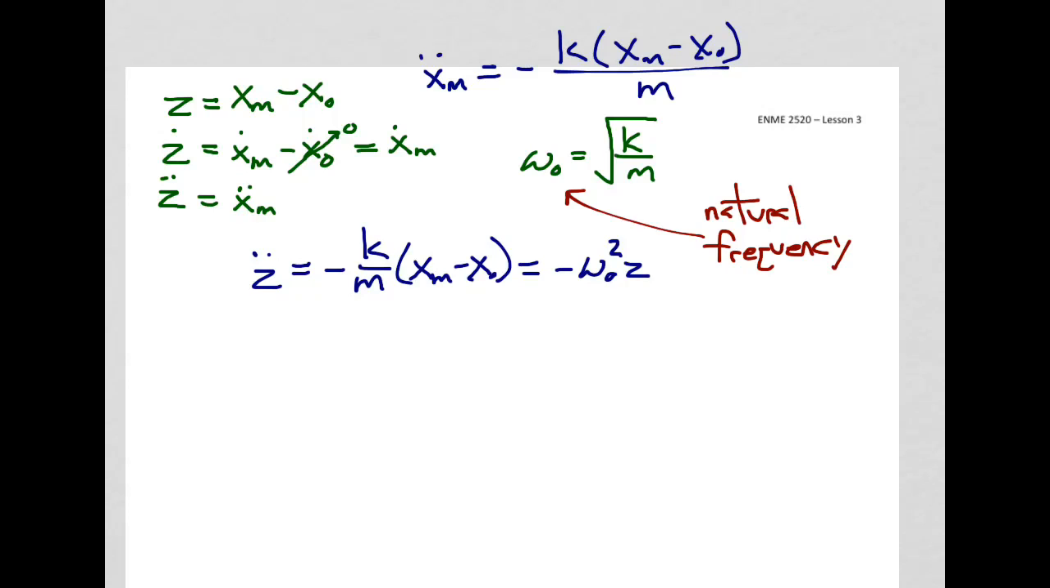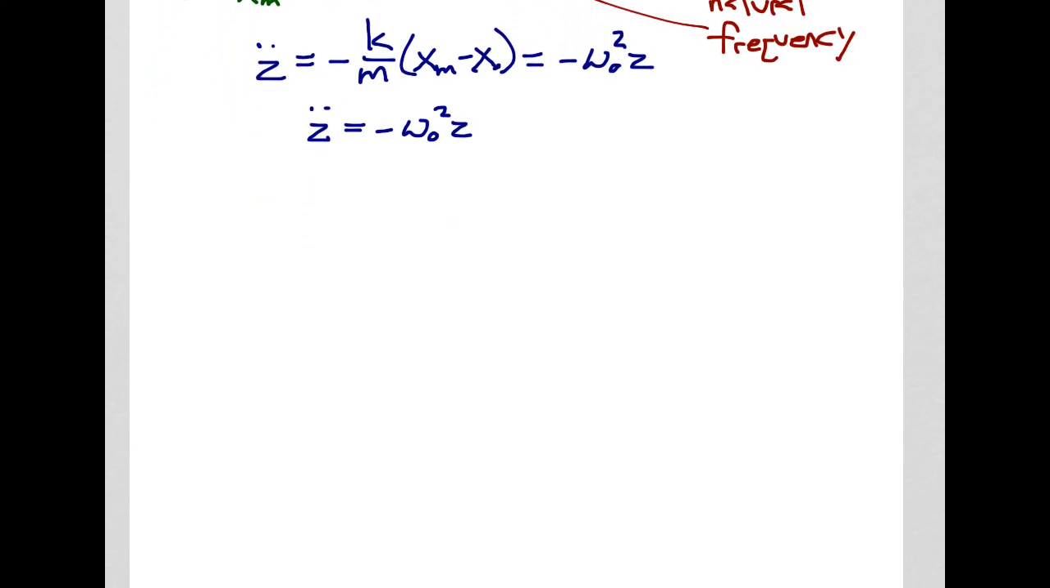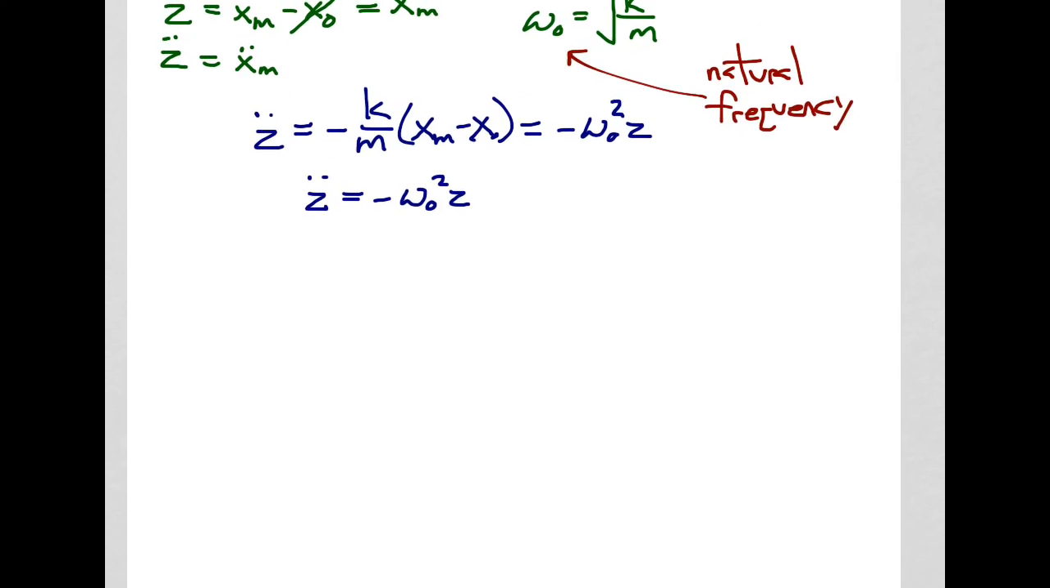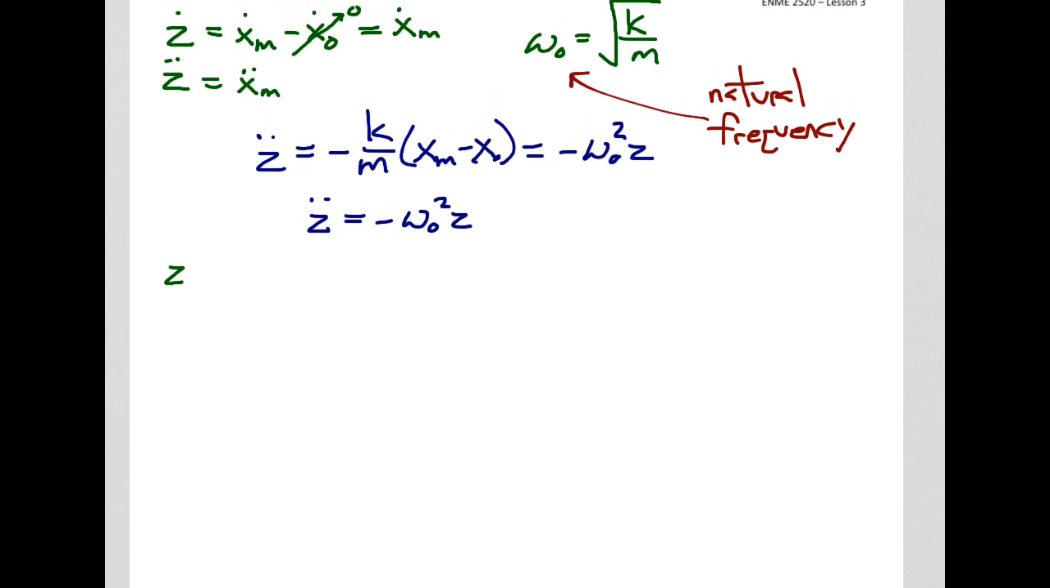So now we have the differential equation z double dot is equal to negative omega naught squared z to solve, which is just a lot prettier than what we had earlier. What we need to do is assume a solution. We're going to assume the form that z as a function of t is equal to A cosine omega naught t plus B sine omega naught t, which means that z dot